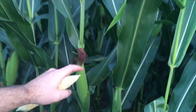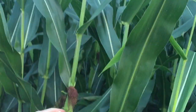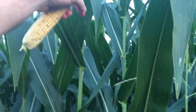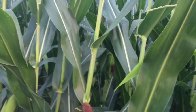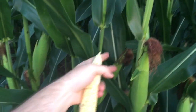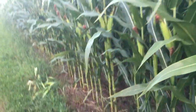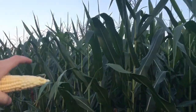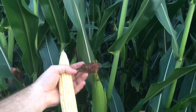the way I understand it, in real dry conditions, the silks that come out will get pollinated with the pollen from the tassels. One corn plant, I think I read somewhere, has enough pollen to pollinate 12 plants. But in drier conditions, the silks themselves do not push out as far as they normally would. They're a little bit shorter. Now, according to this article, the pollen is kind of kicked into overdrive during very dry conditions, so it will release more pollen, and I'm guessing it might help compensate for the shorter silks,